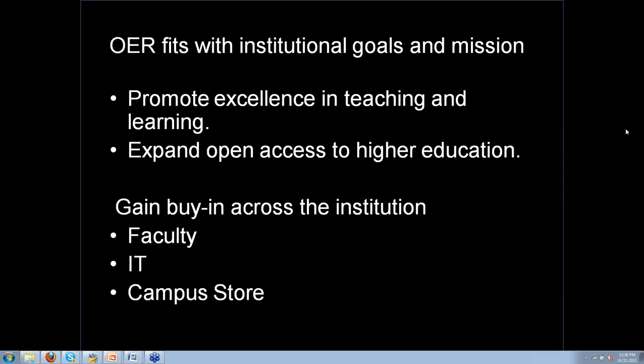At the same time, you have campus stores or bookstores. Some institutions have in-house stores. At College of the Canyons, we happen to have a third-party vendor, Barnes & Noble, that operates our campus store. They're terrific partners. We like having a place where we can buy T-shirts. We like having a business partner who sends back a part of their bottom line to our bottom line. That's good business for everybody. So we want to also find a solution that includes our campus bookstore in the distribution of OER. We don't want them to be out of the game. We want to find a way to keep them in the game.